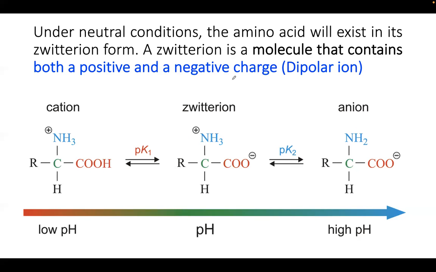Now, so please take note of this. A Zwitter ion is a molecule that contains a positive and negative charge. So it's a dipolar ion, but it is equal. No net charge. So please remember that. So that's a physiologic pH of 7.0. If it has an anion state, then that means there's a high pH. Cation state would mean a low pH, okay?